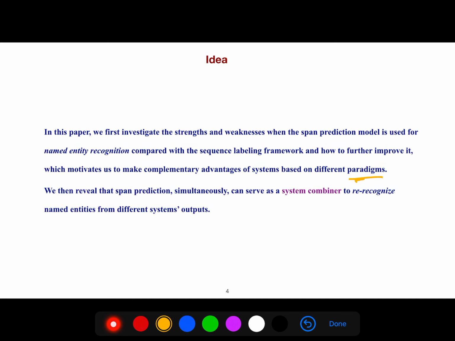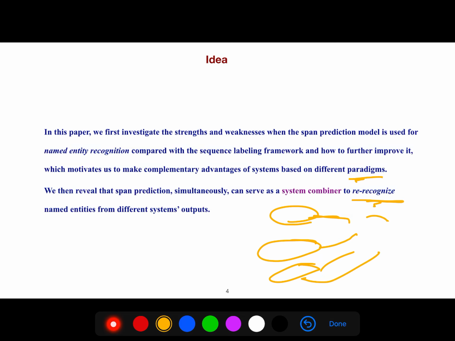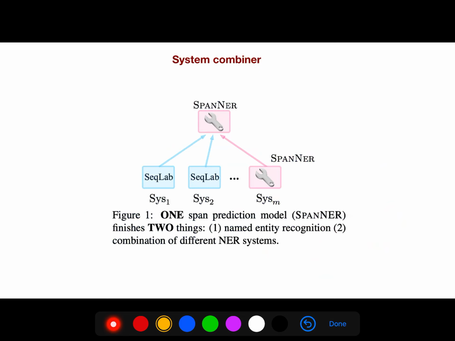They then reveal that span prediction can simultaneously serve as a system combiner to re-recognize named entities from different system outputs. For example, system 1 says this span is, for example, a location. But system 2 says, no, this is another thing. And then we combine these different opinions in order to produce a unified output, which has less bias.